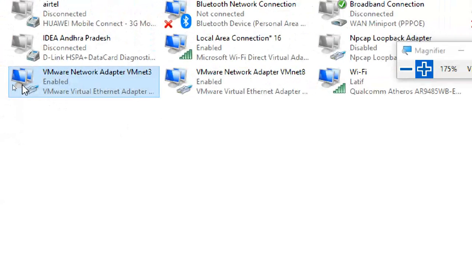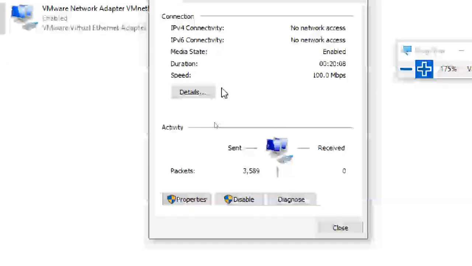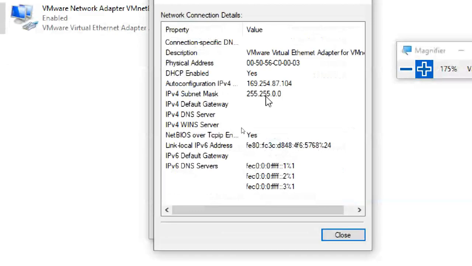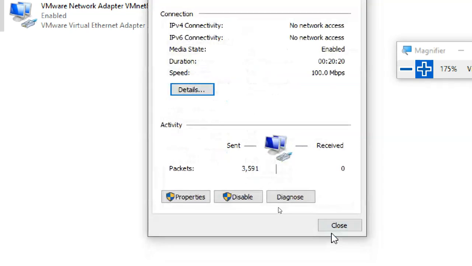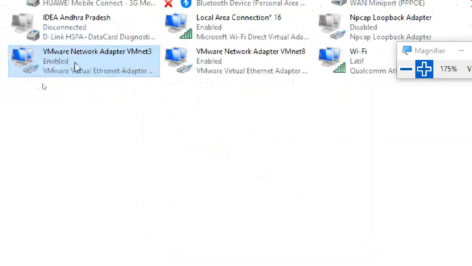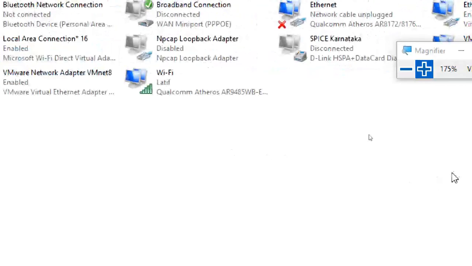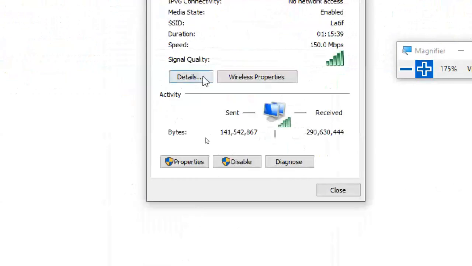This one is connected, so no cross mark. What is connected is a virtual adapter, so you can see the status also. It's a virtual adapter. It's not required to connect anywhere, but it got some IP address. There is a reason why it is 169, I will tell that. But you can see that IP address. Since it is a virtual adapter, we don't require wire or wireless. It is automatically connected. So here it is showing details.